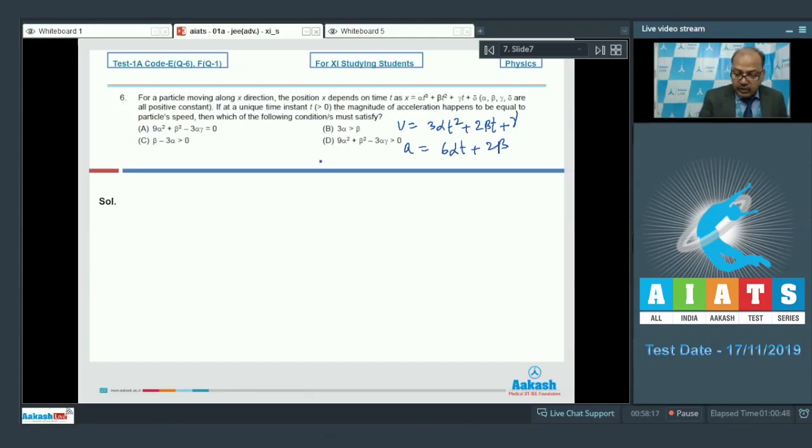And since v is equal to a according to the question at some unique time t greater than 0, we have 3 alpha t squared plus 2 beta t plus gamma equal to 6 alpha t plus 2 beta,